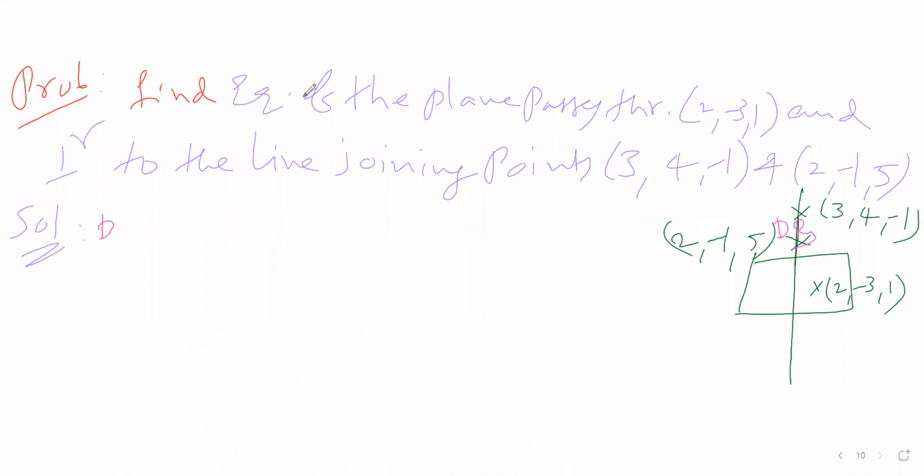Suppose these two points are P and Q. What are the direction ratios of PQ? You know the formula: x2 minus x1, y2 minus y1, z2 minus z1. Using that: 2 minus 3, which is minus 1; minus 1 minus 4, which is minus 5; and 5 minus of minus 1, which is 6. Otherwise, you may write it as 1, 5, minus 6. You can represent it either way, right? So now